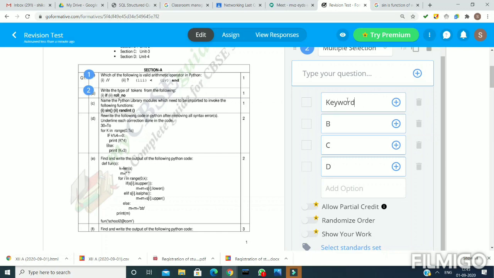If you want, you can make it show your work or take any other option like short answer, but I have taken MCQ, multiple choice. Here I am making little changes. So this question is ready, and this is the correct answer, and I am marking the correct answer.